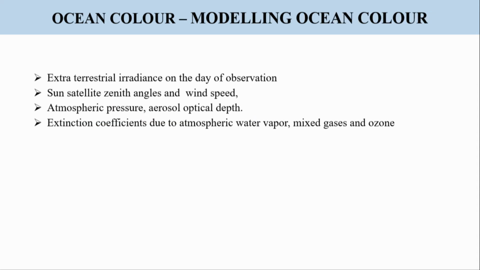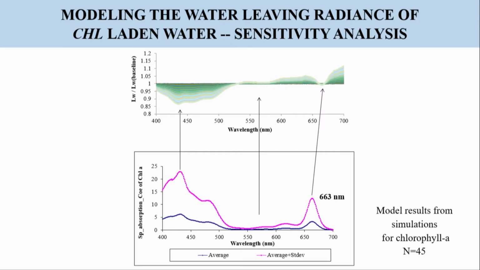The other inputs for the model are extraterrestrial irradiance on the day of observation, sun and satellite zenith angles, and wind speed, of course azimuth difference too, atmospheric pressure, aerosol optical depth, extinction coefficient due to atmospheric water vapor, mixed gases and ozone. Now this picture shows the sensitivity analysis we have done using the model, wherein what has been done